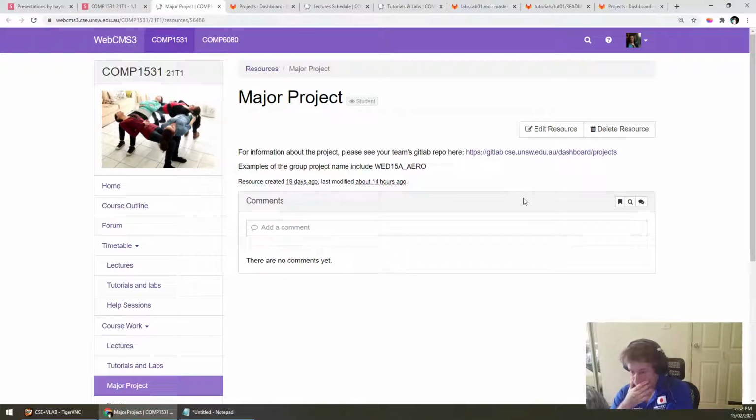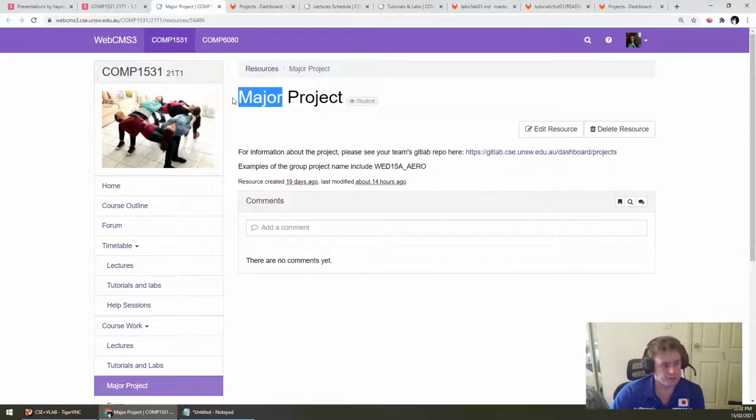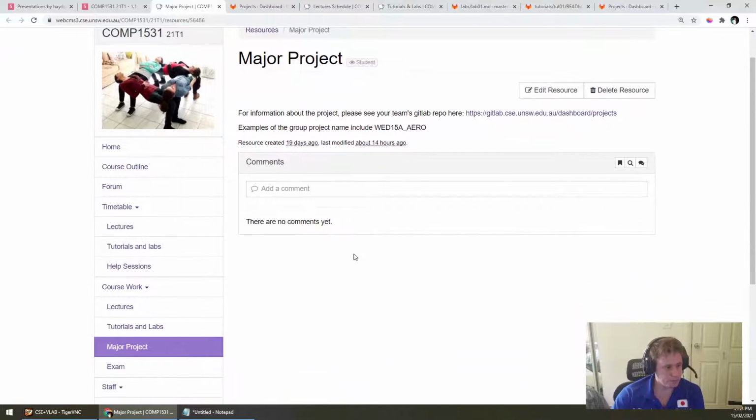Catherine says, is using VLab the best way to work from home for programming lab questions? I like to use VLab because it's simple. I don't have to set anything up. I don't have to worry about my local machine or anything. If you have a half decent internet connection, VLab's fine. But you can do things locally too. So VLab's absolutely fine for this course. I'd use VLab if I was doing this course.